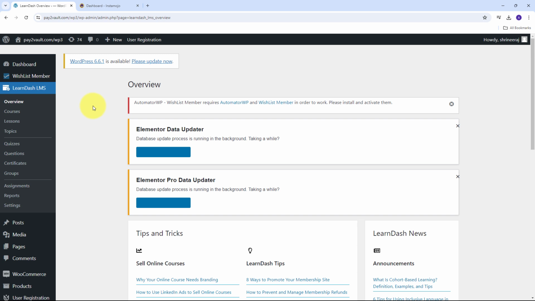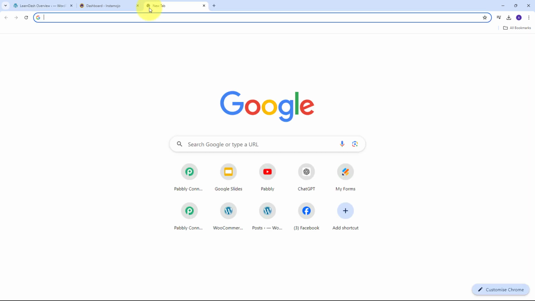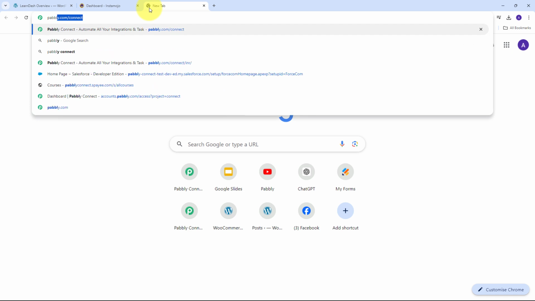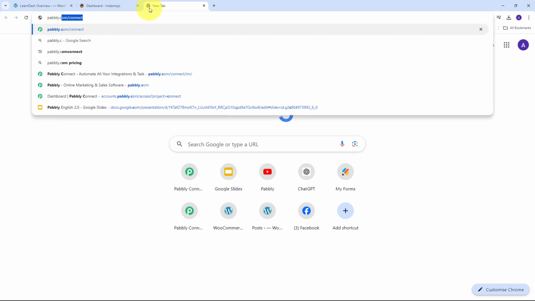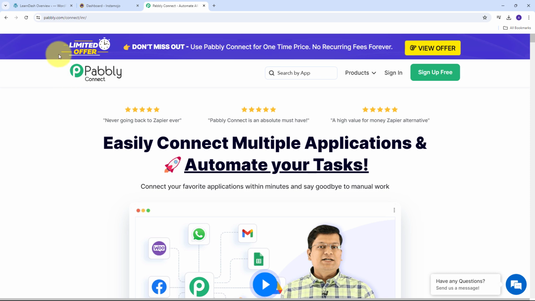We are going to do this with the help of Pabbly Connect, and for using Pabbly Connect, I need to open a new tab and search for pabbly.com/connect in my browser. This will take us to the landing page of Pabbly Connect. Here we have two options, sign in and sign up for free. If you don't have an account with Pabbly Connect, then you can just click on this sign up for free button, and this will take only 2 minutes of our time, and we will get 100 tasks free every month. Or if we already have an account or we are an existing user, then we can just sign in